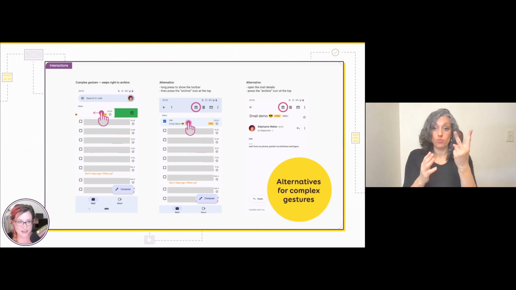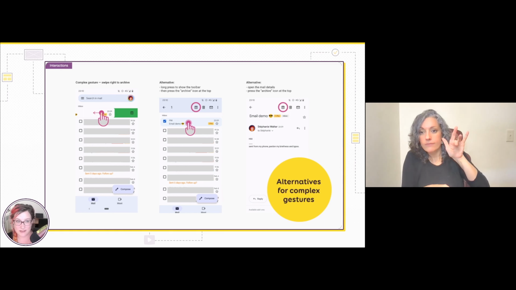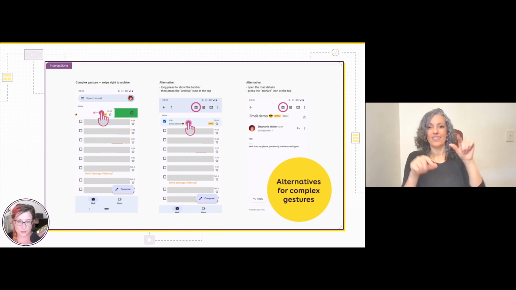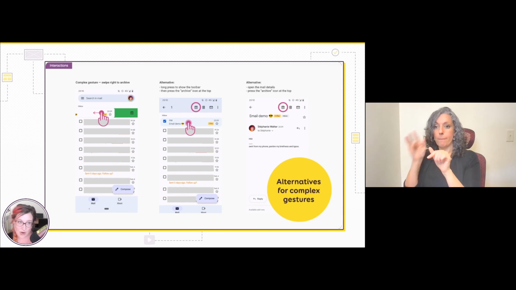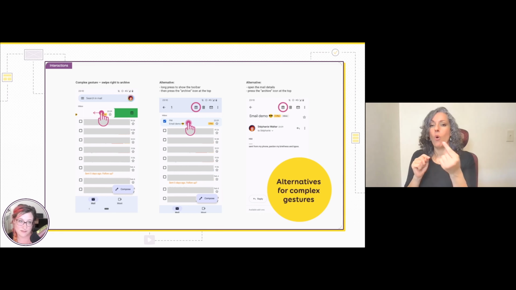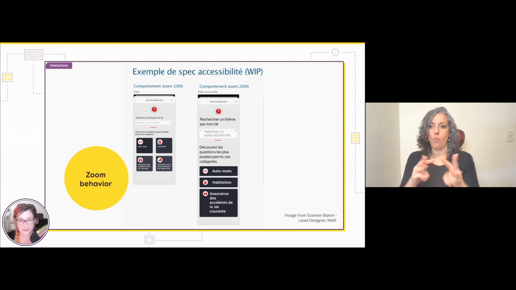I would document the fact that you can long press directly on the email, and then it shows the little toolbar at the top, and you need a second press, but a press is not a complex gesture, and then you can archive that. Or you can open the email and then press the archive button that is always at the top. So for complex gesture, always make sure to provide an alternative and then document that alternative if needed.